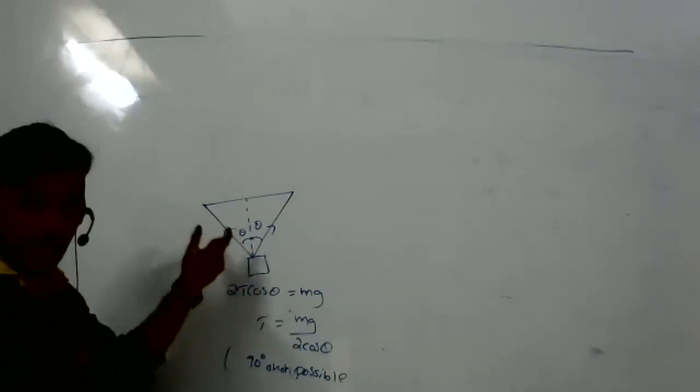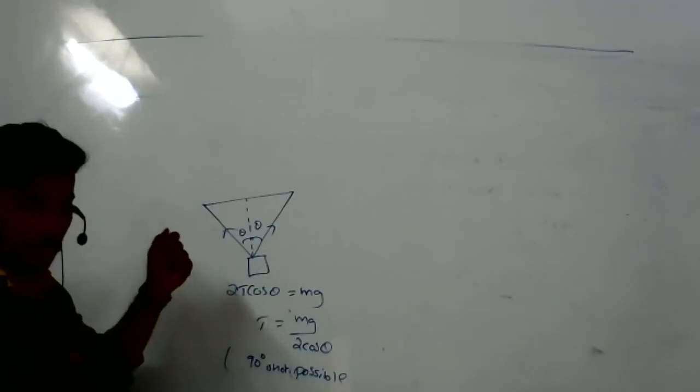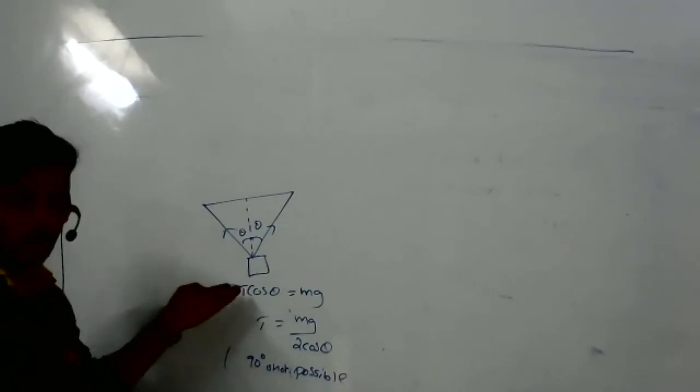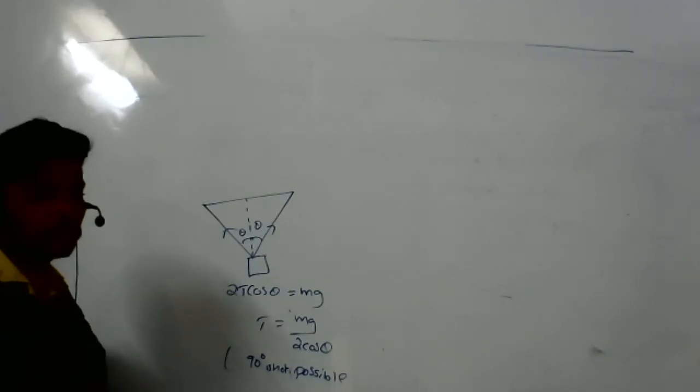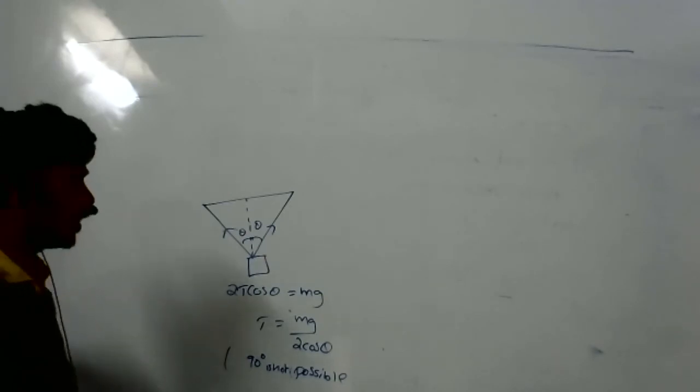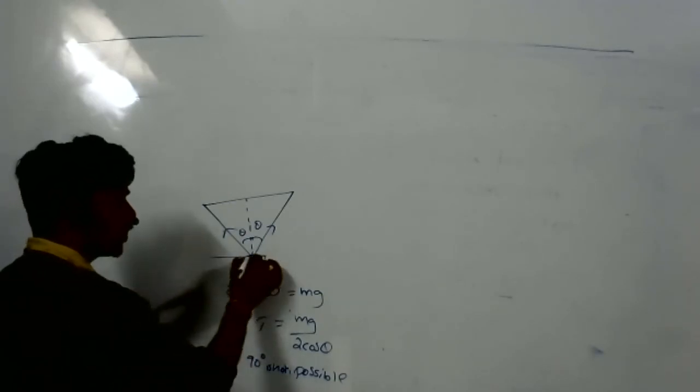First, whatever diagram I have given, the same diagram. 2 cos theta. Sir, but here there's not another string where the two threads meet. It's directly connected to both the arms. There's no other string coming from there. Yes, directly connected to the arms.